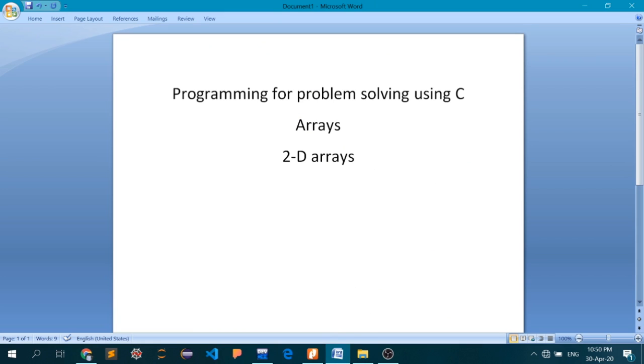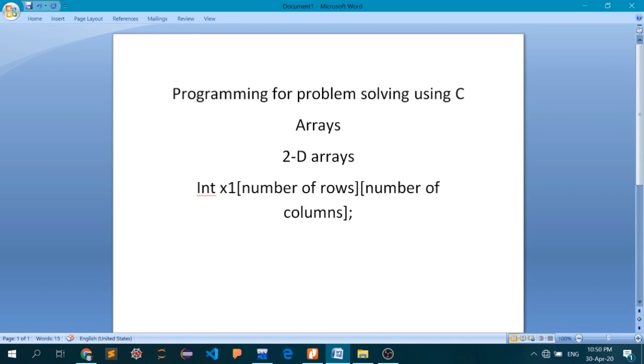Let's see what I'm trying to say. We'll do something like, let's say, int, and I want my array to be named, let's say, x1. The first square bracket will hold the number of rows and the second will hold the number of columns.